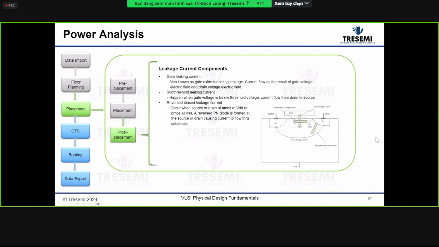The second part is called subthreshold leakage current. This is this guy here. It happens when the gate voltage is below the threshold voltage, which causes current to flow from the drain to source. And the last one is called reverse bias leakage current. It occurs when the drain of the NMOS is at VDD, or the PMOS is at ground. Then we have a reverse PN diode formed, and the source drain causes current to flow through the substrate. So those are the three components